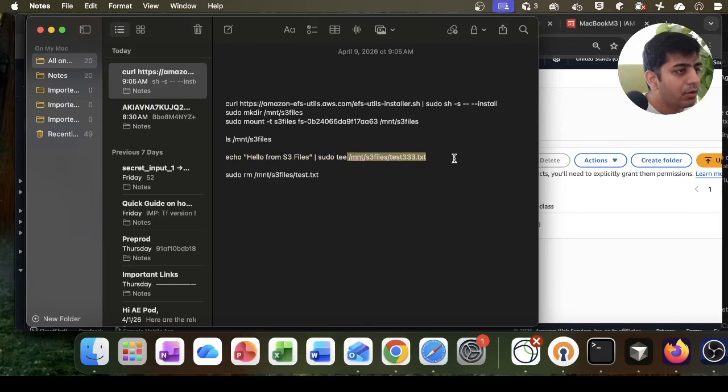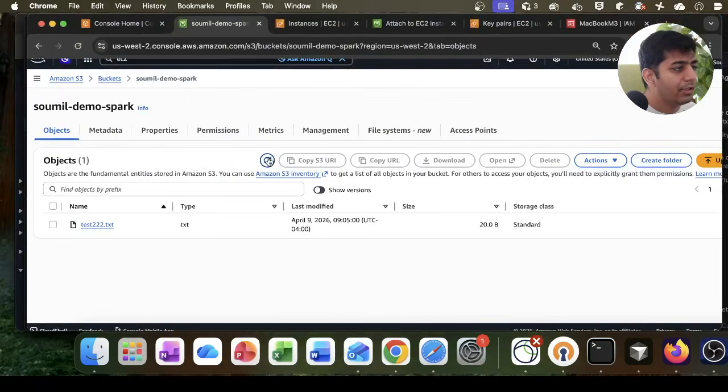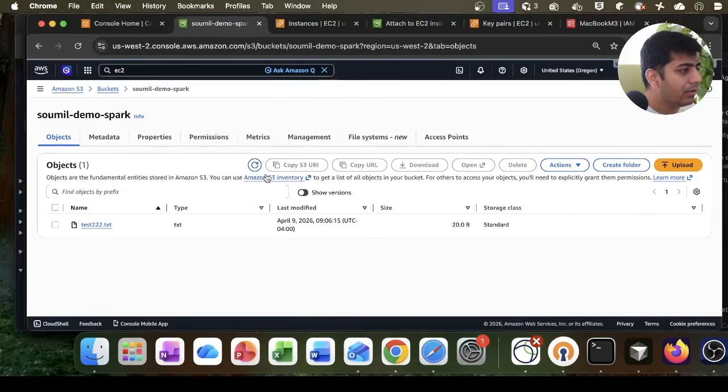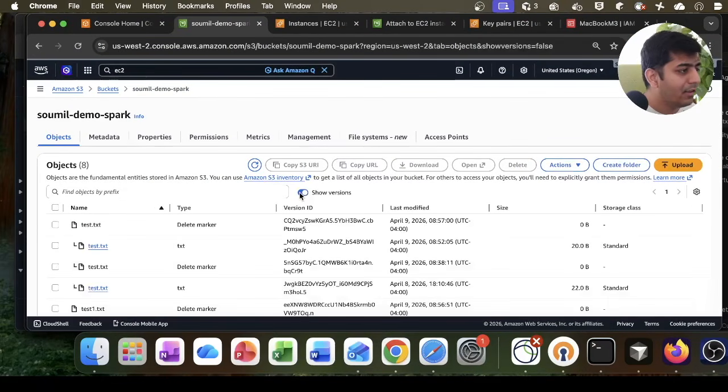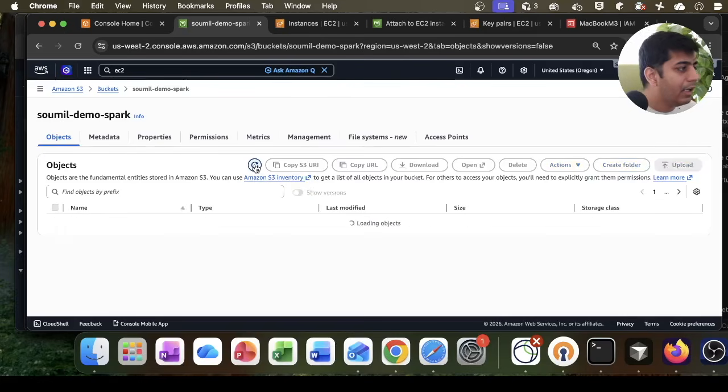Let's do cat to make sure that the file is there in the directory. So cat, let's do over here cat. Yeah, the file is there on my EC2 machine. So I think it should be synced with S3. Not sure why. Again, as I said, it's a delay that's there. I might cut the video over here because you don't want to just keep waiting. But again, I want to mention in the video that there is a small delay after which the file